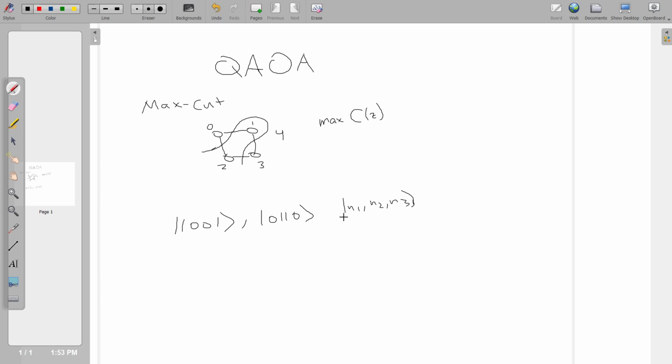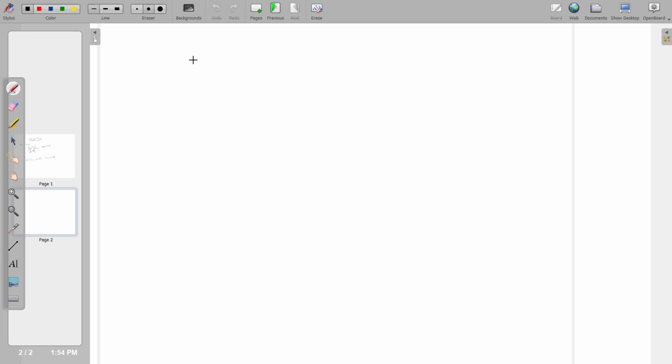And so in order to solve this problem, I'll just put this at the beginning perhaps. We construct the circuit with a certain number of layers. And we've seen layers, you'll see them in a lot of different variational algorithms. You'll see them in deep learning. But basically, we construct a circuit of, let's make a new page for this, p layers. I don't remember why they used a variable p in the original paper, so you can get on them about that. So we have p layers,